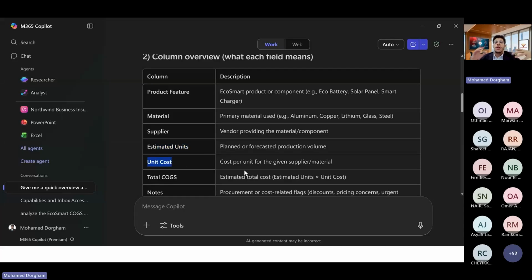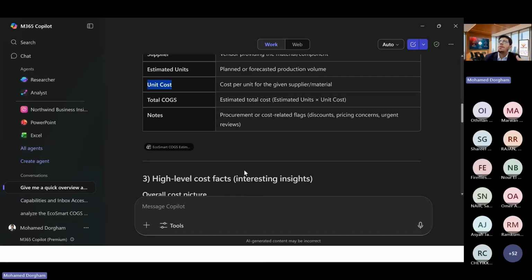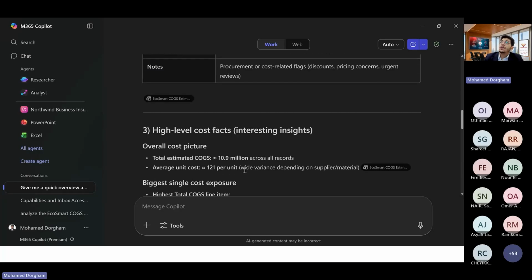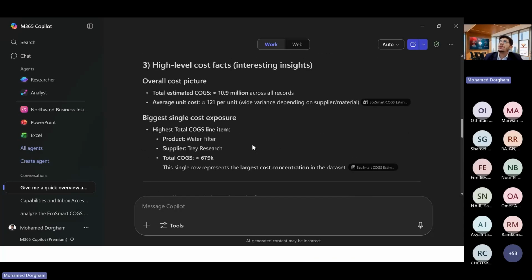So you see, even before I open the data set, I got a quick overview about the purpose of this data set, what the columns are, and even some high-level interesting facts. I can see there is some cost picture. What are some interesting facts? Total estimated COGS is 100.9 million.